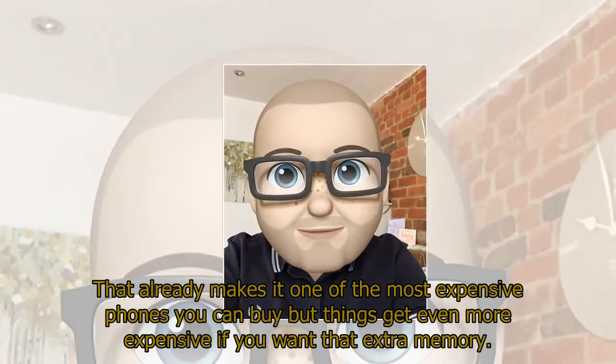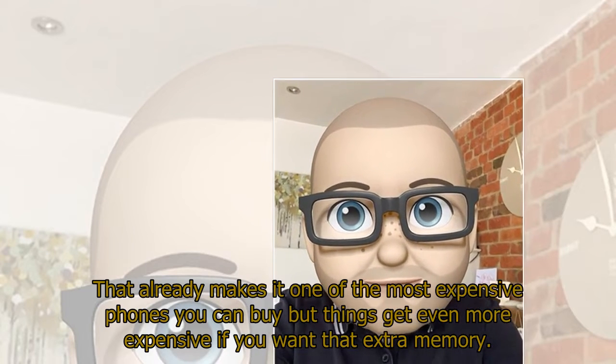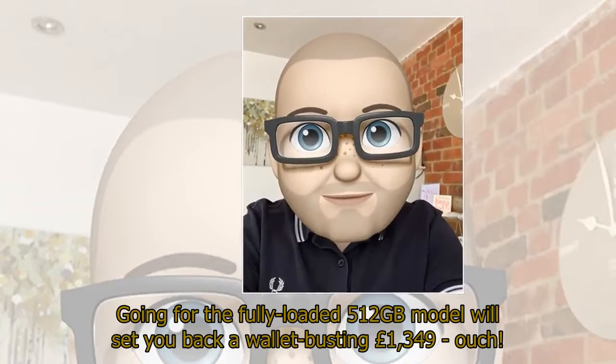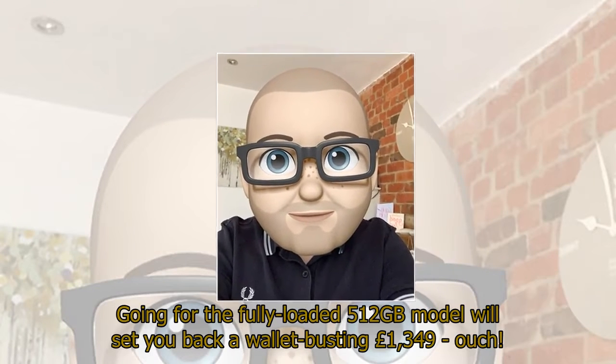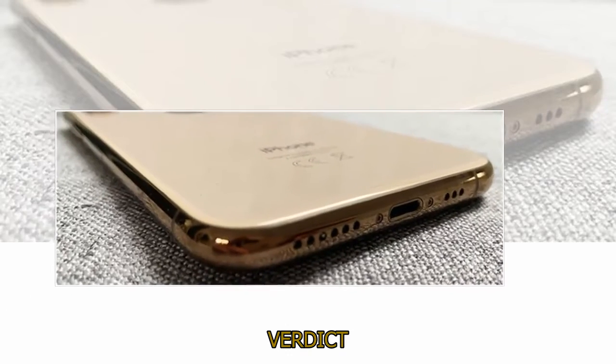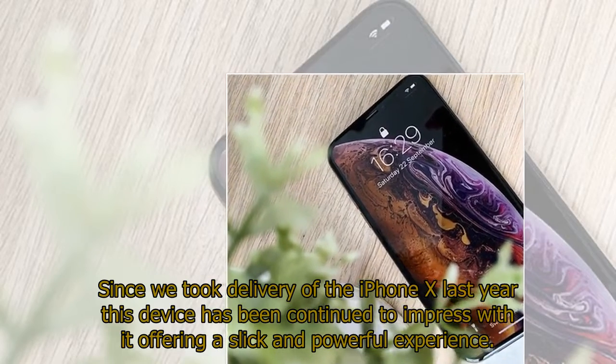That already makes it one of the most expensive phones you can buy, but things get even more expensive if you want that extra memory. Going for the fully loaded 512GB model will set you back a wallet-busting £1,349. Ouch. Verdict. Since we took delivery of the iPhone X last year, this device has continued to impress,